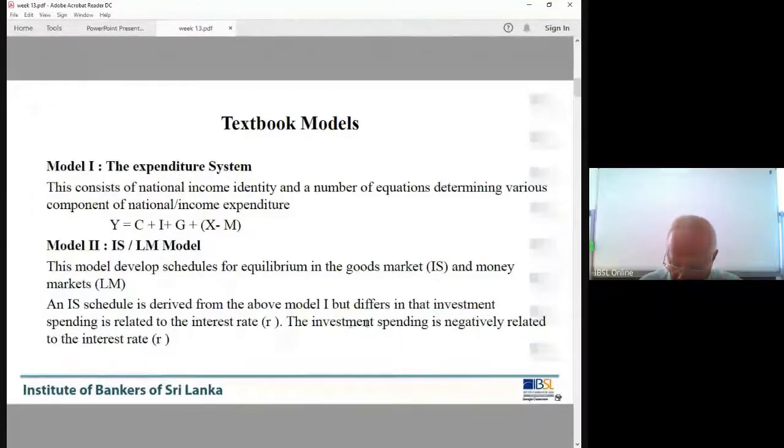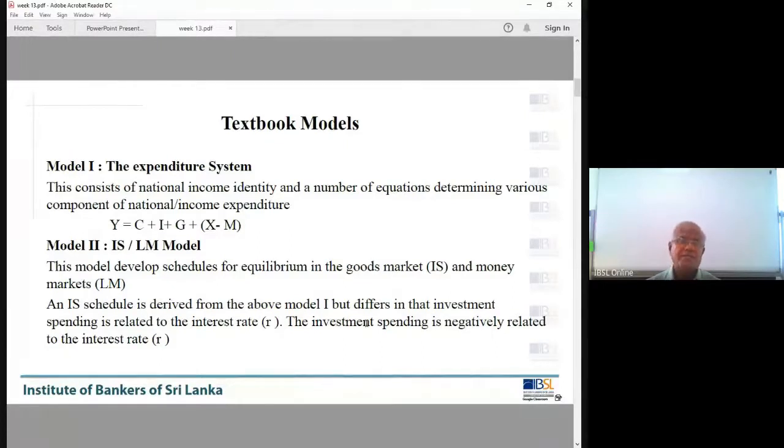Then we discussed first the three models to explain the economy, to describe the economic changes, the disturbances. Economists use three textbook models. First, the national income model. Last week we started the discussion on national income, the GDP. Using that, if the consumption function, investment function, government expenditure, and exports and imports functions are known, you can easily calculate what the national income or the gross domestic product would be.